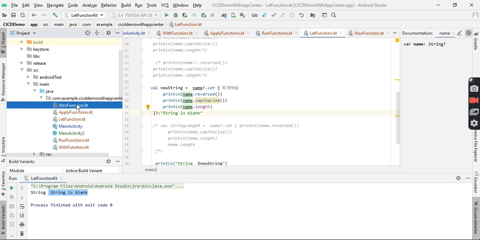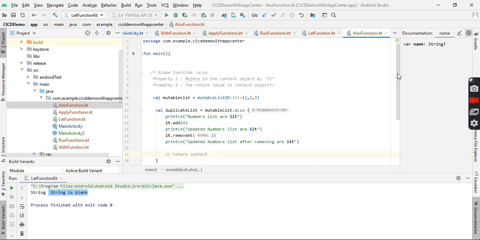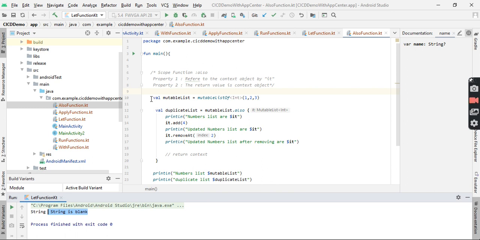the also function. Also is the same type of function: it refers to the context object by it, and the return value is the context object. Suppose we have defined a mutable list, and we want to perform multiple operations on this list without having to reference the mutable list variable every time. We use mutableList.also, and everything is accessed by it, which refers to the context object.